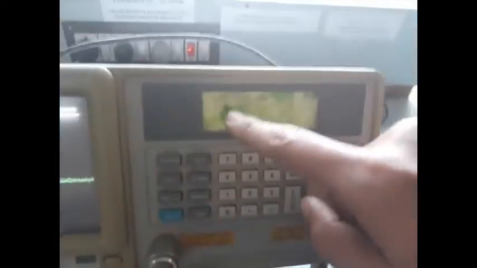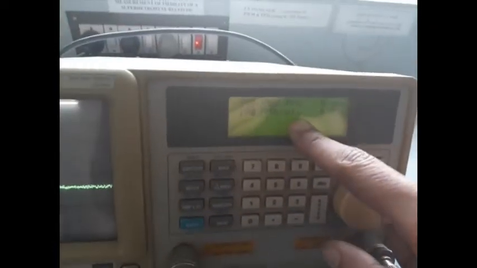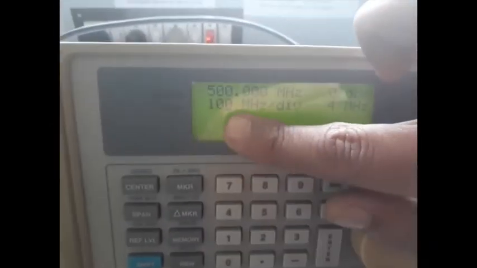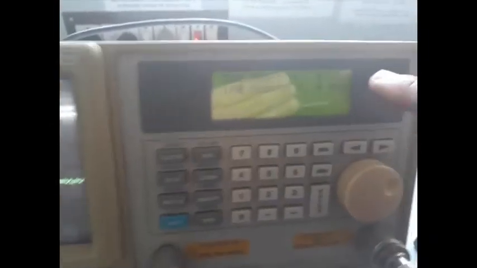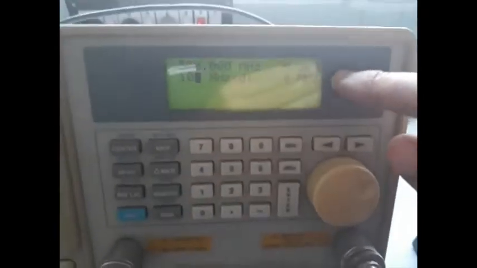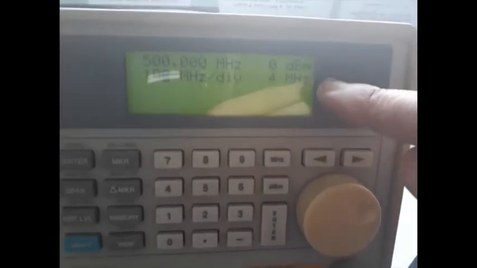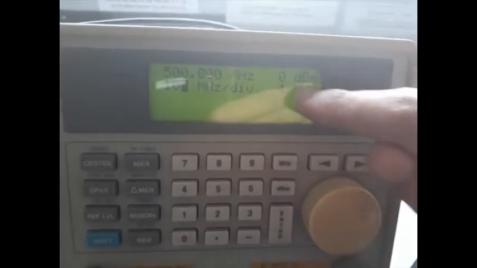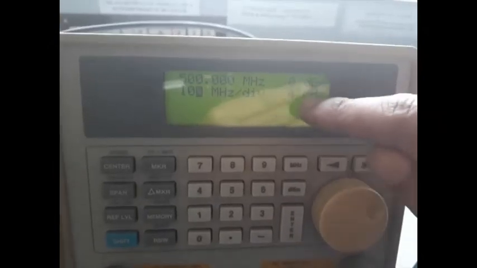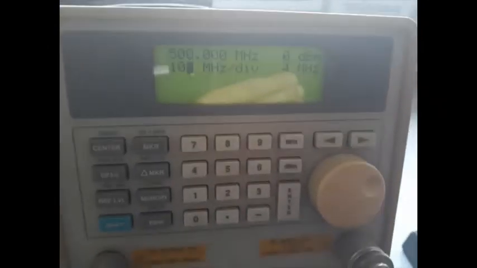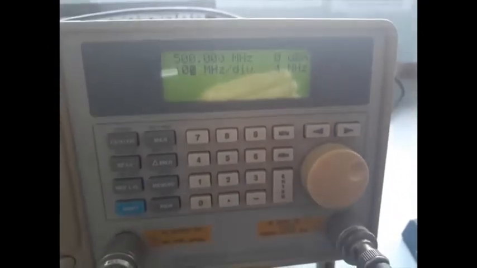Okay, so 100 megahertz per division, it is visible now, right? So 500 megahertz is the center, 100 megahertz per division is the span, and the reference level must be 0 dBm. The resolution bandwidth you can adjust, but 4 megahertz is sufficient for this particular experiment.